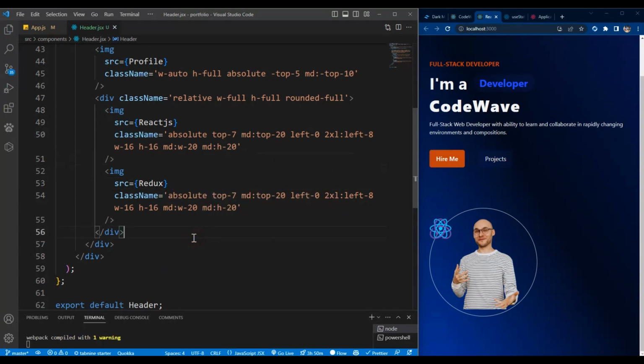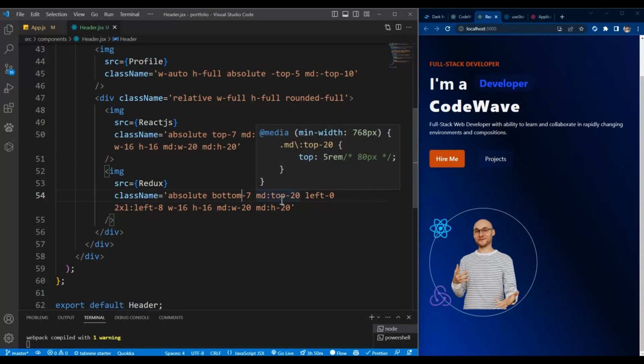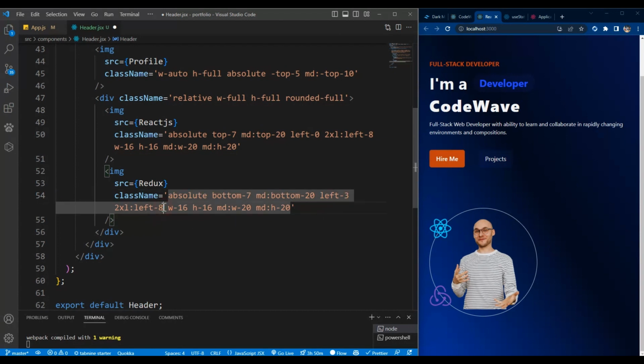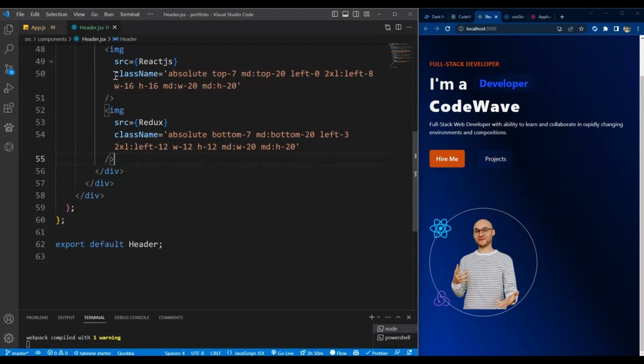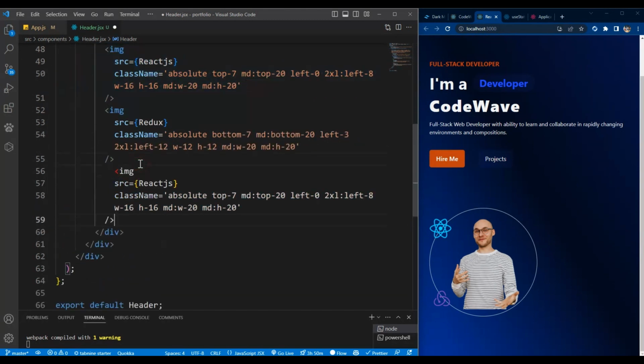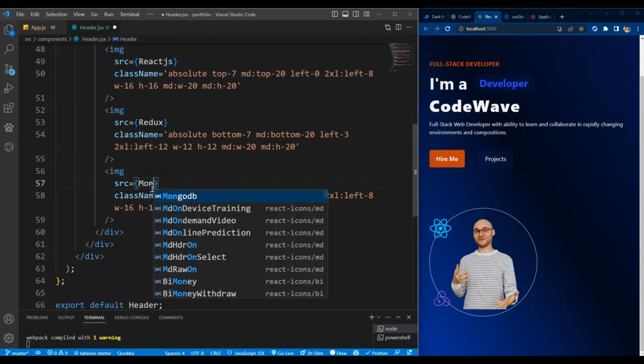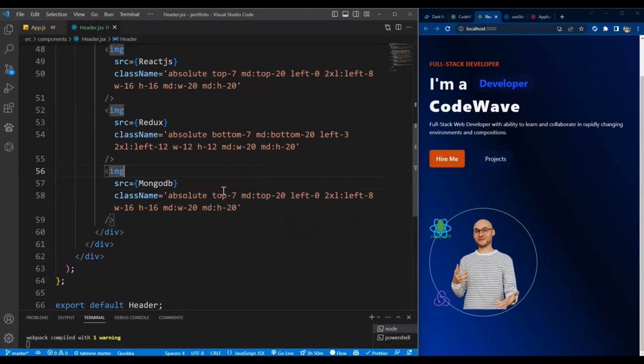You can use any icons you want. So change the top to bottom, okay, and the left to 3, this also to 12, okay, 12, and this should remain same. So let's save it. Okay, so it's on the line here. So let's copy this and paste it again and change the icon to MongoDB. Okay, so this should be